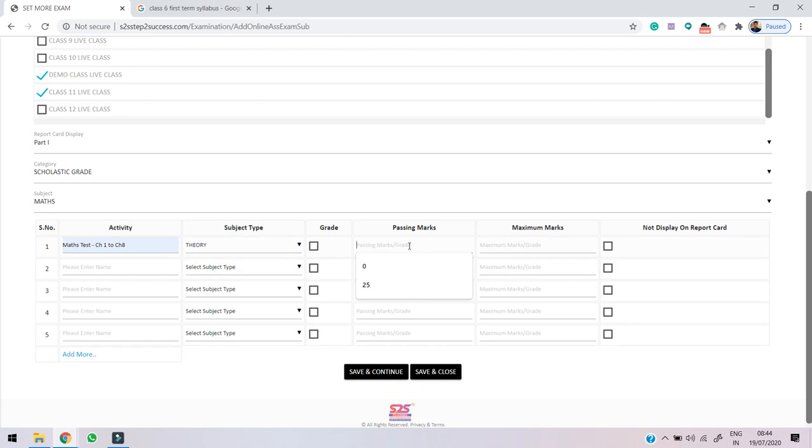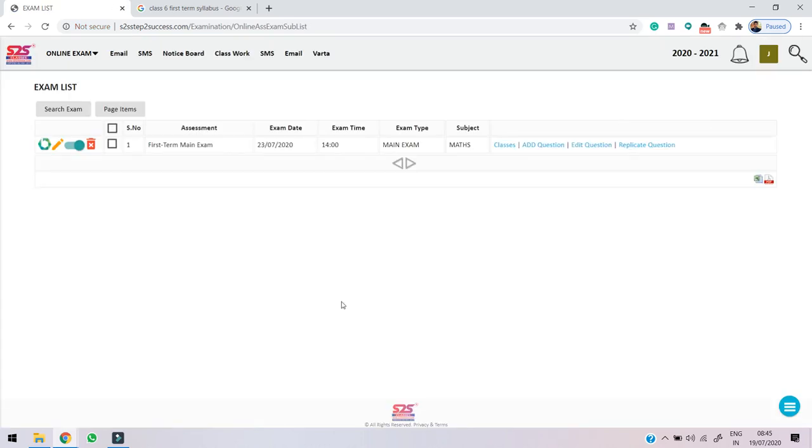Then you have to give a passing mark, suppose the passing mark is 20 here, so I'm writing 20. And let's suppose the maximum marks is 80, so I'm writing 80 here. Okay, so I'm just clicking on save and close now. So you can see your exam is created here.